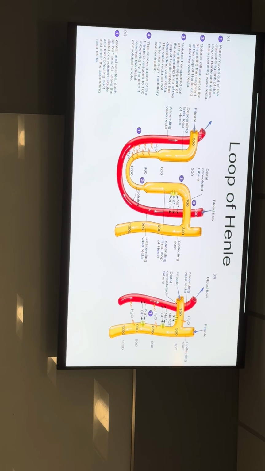But here's the most important part: as your filtrate comes down your loop of Henle, the descending loop of Henle is permeable to water, and your vasa recta runs in the opposite direction. And then the ascending loop of Henle is impermeable to water. Water cannot go through it, because water can't actually go through cell membranes on its own, because water is polar. But what cell membranes have is a receptor that's always open called aquaporin molecules, and water can travel through those. We'll get to those in a little bit. Okay, so water can't enter or exit here.